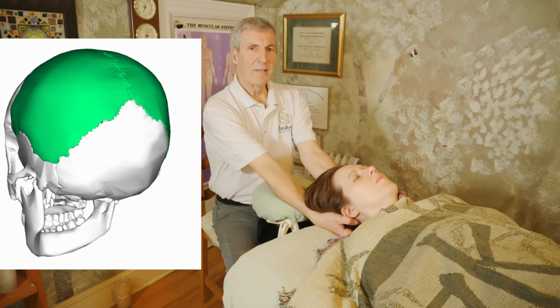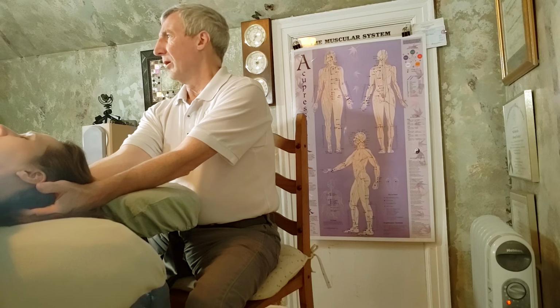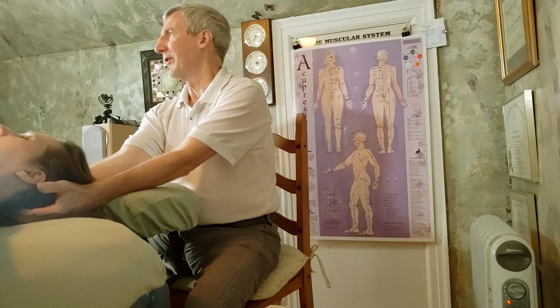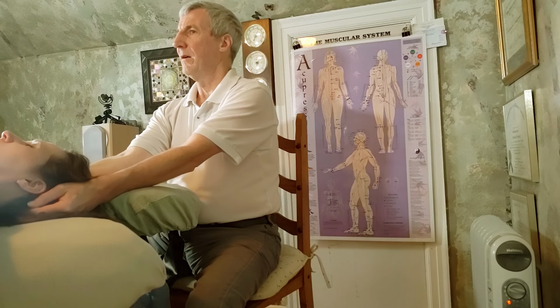So this involves the parietal. It's a very small area of the parietal that's attached. It's way at the back of the parietal and low down. So if you go to your A&P books, anatomy, you'll see the area. So I could just jump to the parietal section, but I'm going to do the frontal lift just because it'll help loosen up the parietal so it can move easier. So take my hands off here,